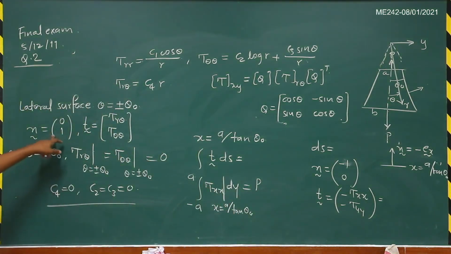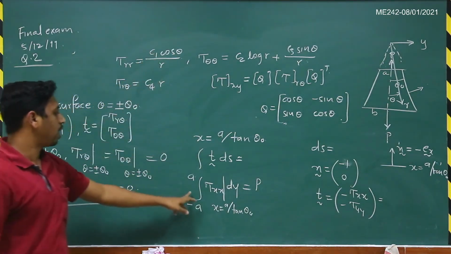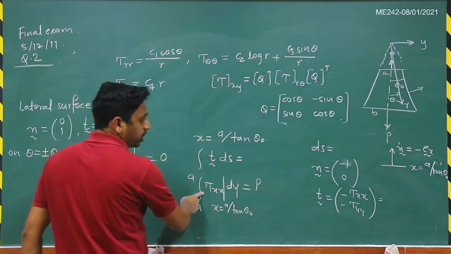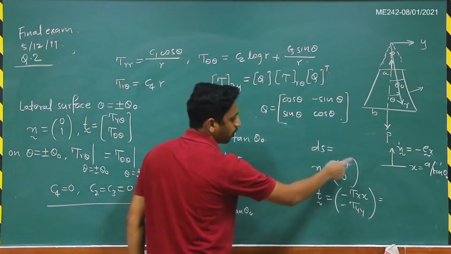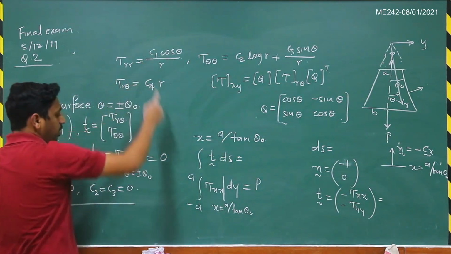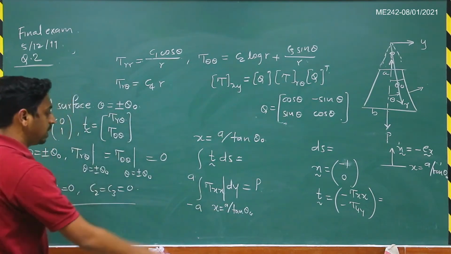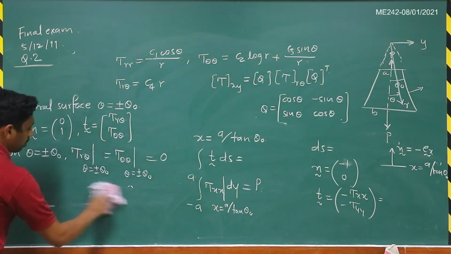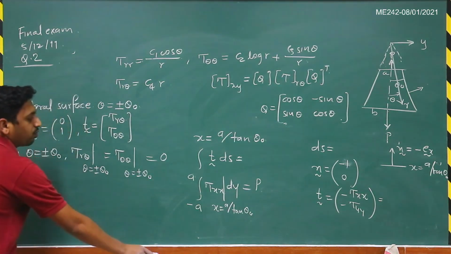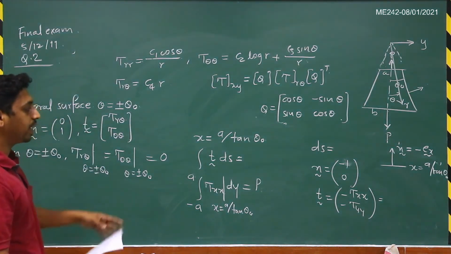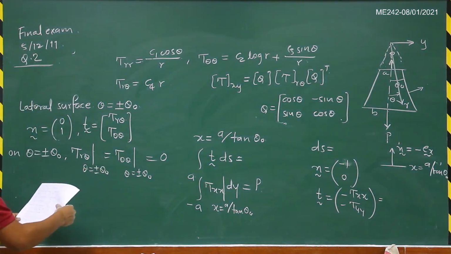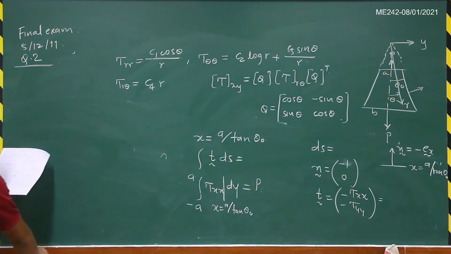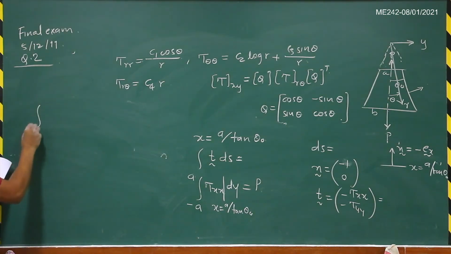So we are left with only one constant, which is C1, and now we are using the net axial force acting in this particular direction together with the tau xx expression we have obtained, which contains the constant C1. Using this condition we will be able to find C1. While integrating this, you will end up with certain complicated terms. You are not supposed to integrate those terms. The integration for such complicated terms will always be given in the exam.